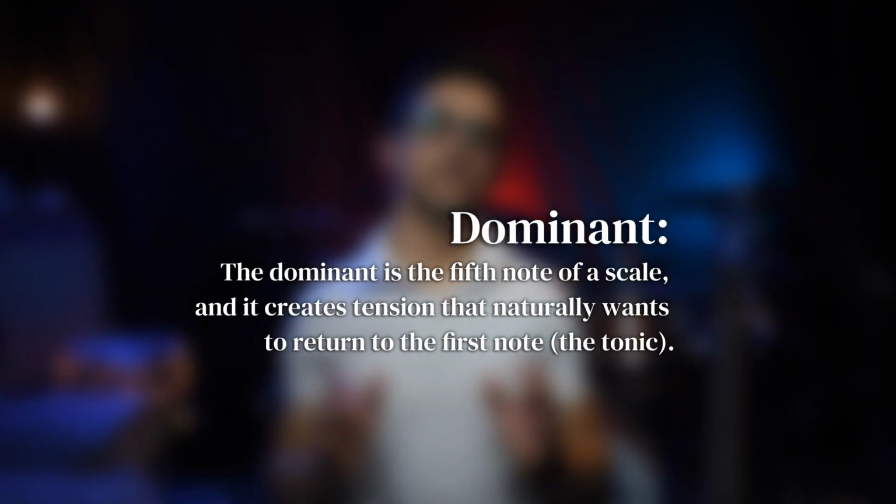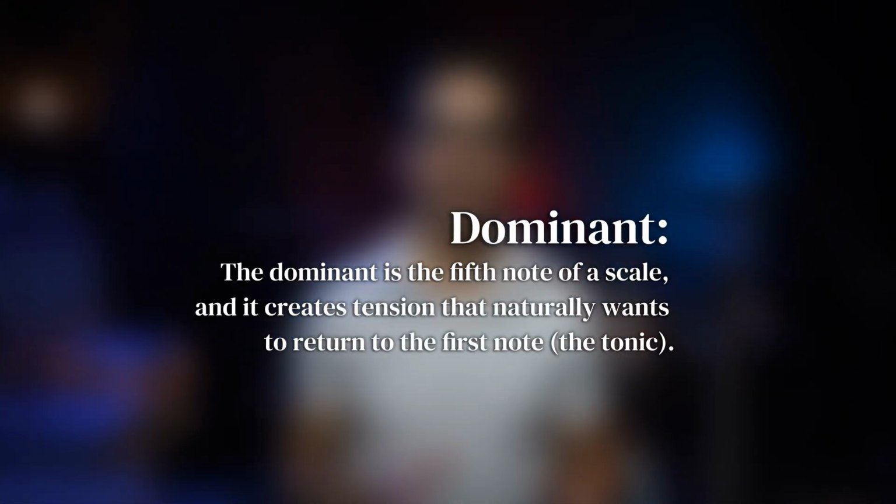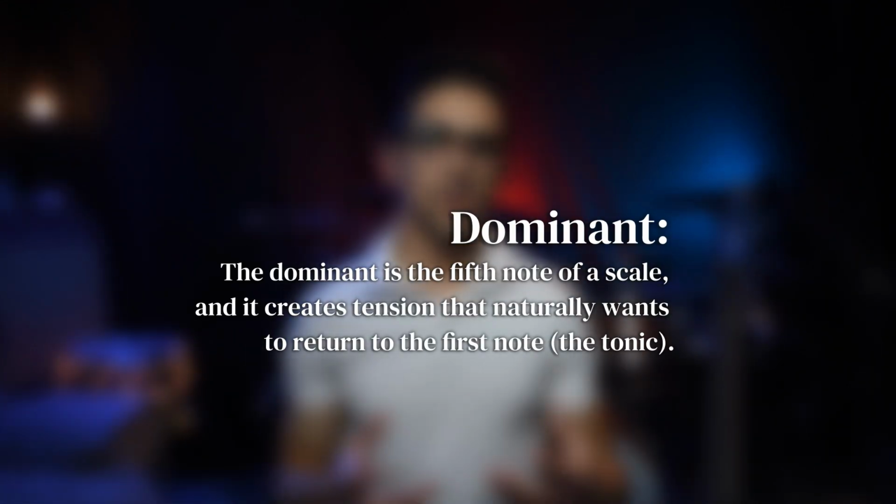Now you've probably heard the word dominant thrown around in music theory. In music theory, dominant refers to the 5th note or the 5th degree in the scale. So the dominant is often thought of as the most important note after the root note or the home base. So our 7th chord is often referred to as the dominant 7th chord because it's built around the 5th note